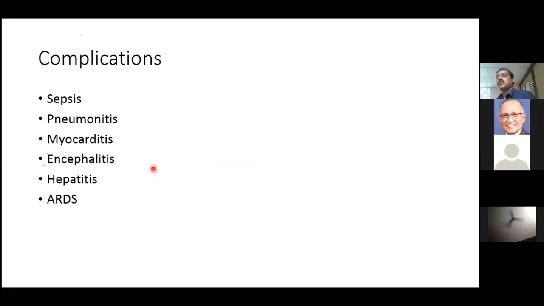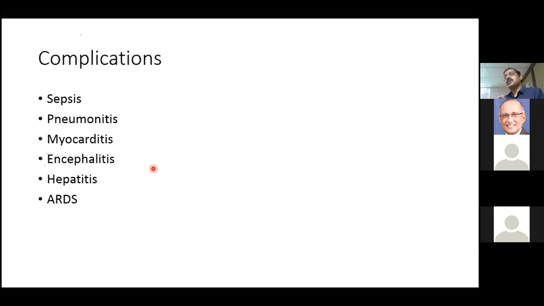That this patient with a maculopapular rash can eventually go in for a sepsis, pneumonitis, myocarditis, encephalitis, hepatitis, ARDS, and even death. So that's how I would put it, that maculopapular rash can be a simple problem like a miliarial rash, or it could be a more complex problem like an encephalitic death due to a viral illness. So you have a range of potentials to follow.